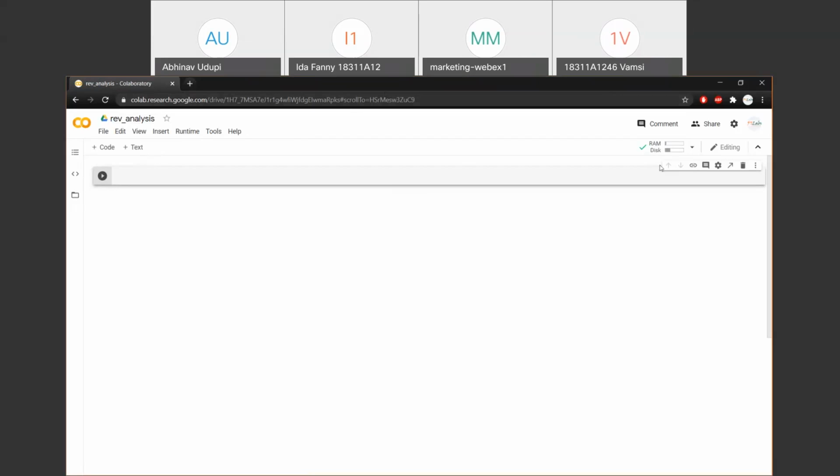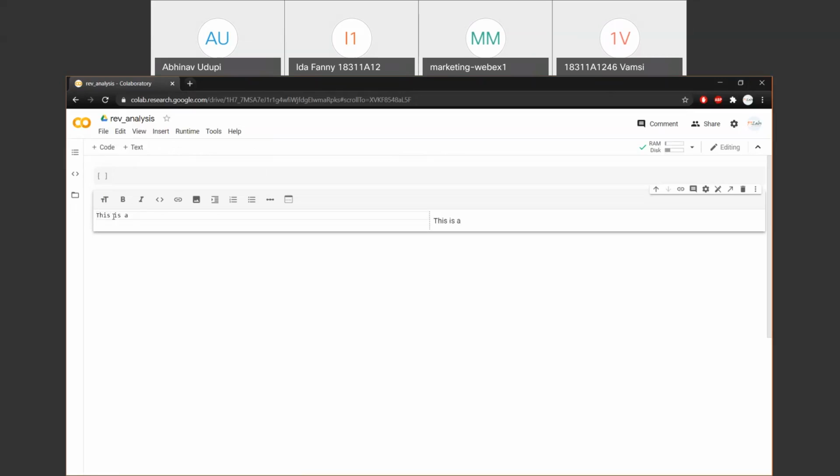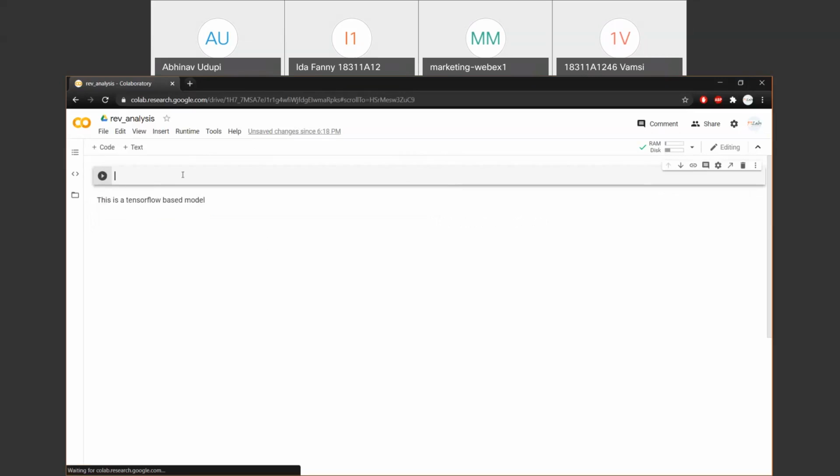Okay, so once it has connected, you can go ahead and start writing code. This is not only a code editor, you can also add text cells if you want to explain what you're trying to do. I will say this is a TensorFlow based program or model. So this is just a text editor kind of a thing where you can display stuff,